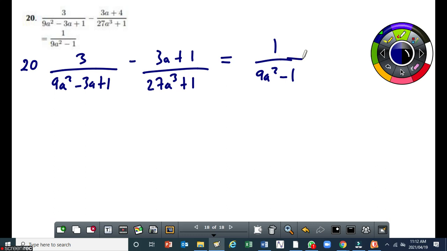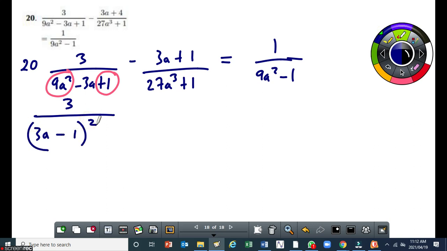Now, because we have algebraic fractions here, you need to look at each numerator and each denominator and see if it can be factorized first. The first numerator is simplified, but the denominator is a perfect square trinomial. How do I know that? The 9a squared is a perfect square, the positive 1 is a perfect square. So when I factorize it, I'll get 3a minus 1 all squared, minus 3a plus 1